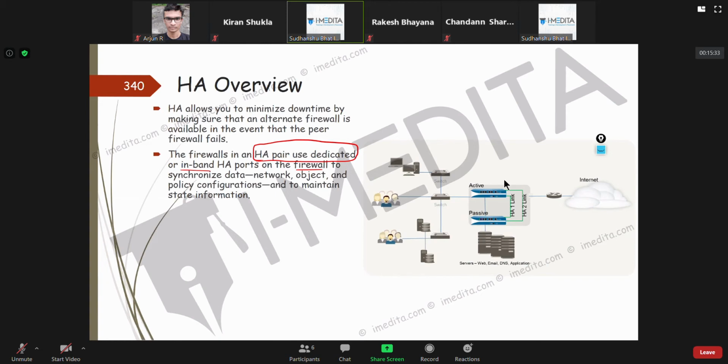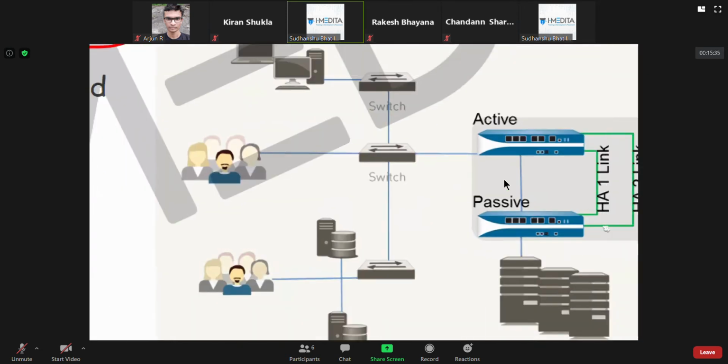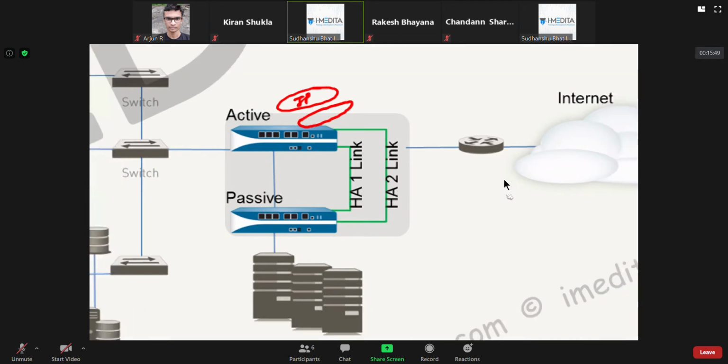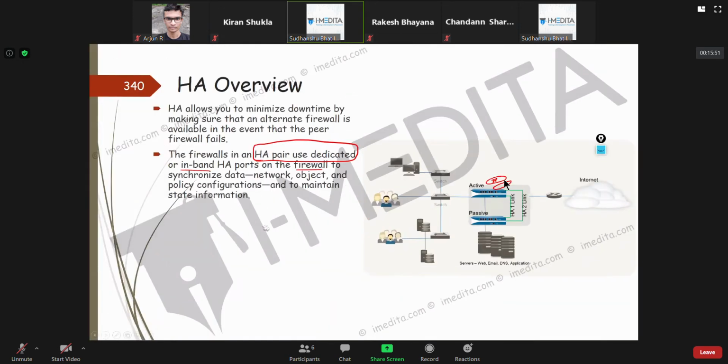What you want is that if you create an IP object here, or a security policy here, that should be synchronized. For synchronization of these and a lot of other things, like keepalive between the firewalls, we use the HA port.